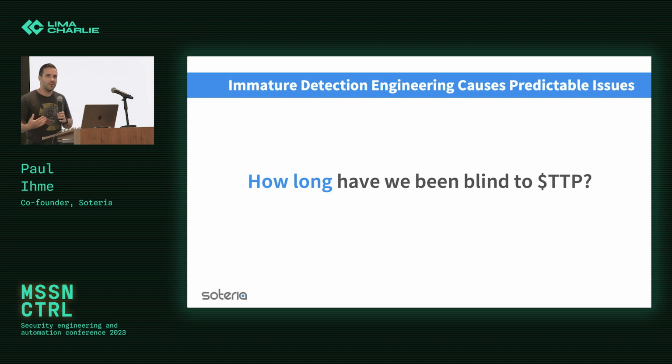And if the answer is no, how long have we been blind to this tactic, right? It may be that you've never had a detection capability for this, but there are also situations where maybe somebody made a change to a piece of detection logic that broke your detectors. So can you tell when that happened? Do you know how long you've been blind? Can you measure that? Do you know how long back you need to go hunt for this activity in your environments to be able to feel confident that you didn't miss anything important? How are you going to handle these questions if the answer is no?